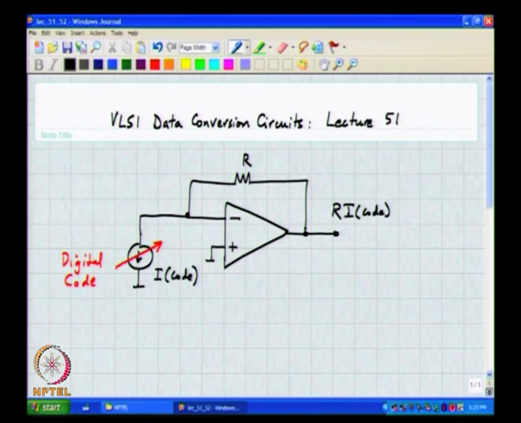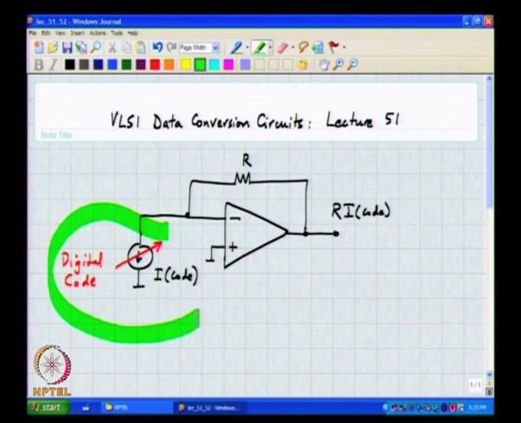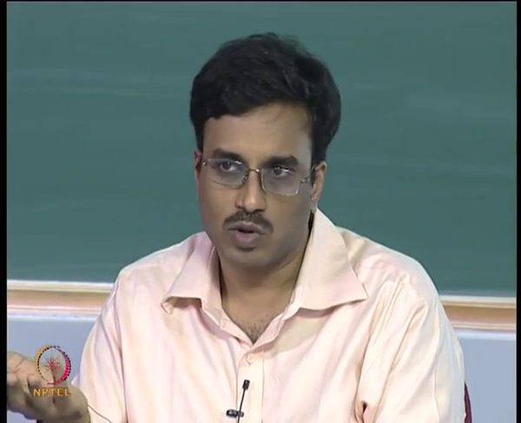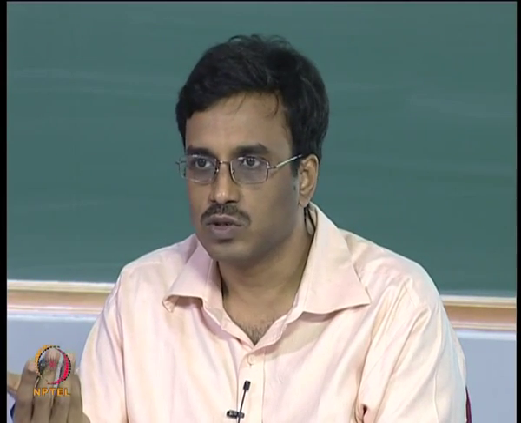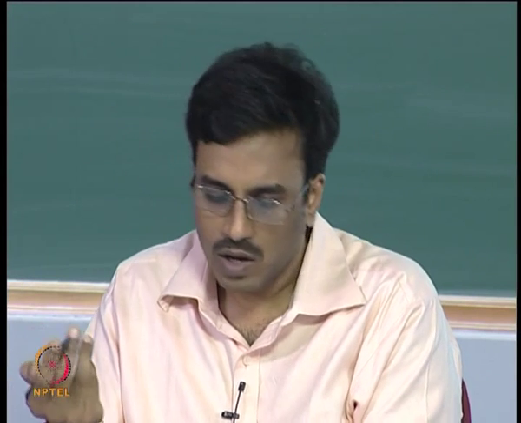Now, several ways of realizing this current exist. You could have a whole bunch of current sources which were controlled by a digital code. We all know how to make many copies of the same current. We use current mirrors and then generate multiple copies of a same master current, and we also know how to turn a current source off. So, depending on the digital code, we can turn the requisite number of current sources on.